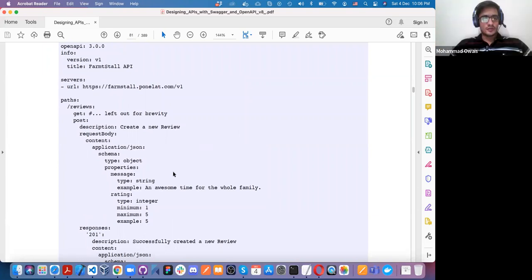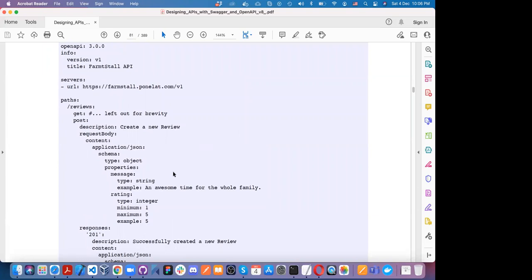Yeah, let me recap this. Just to remind everyone that this is part of the Open API specification. This is how Open API tells us how we can design our YAML file. This is a standard way.